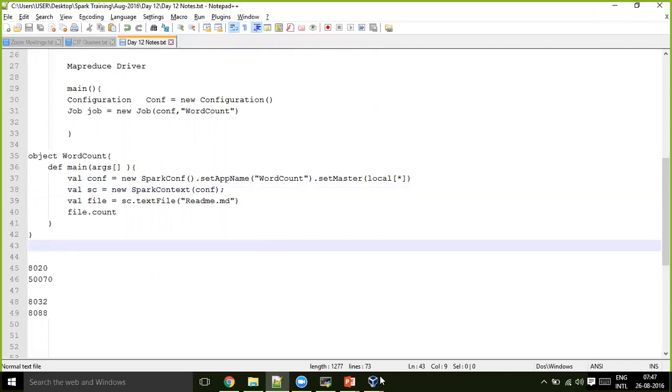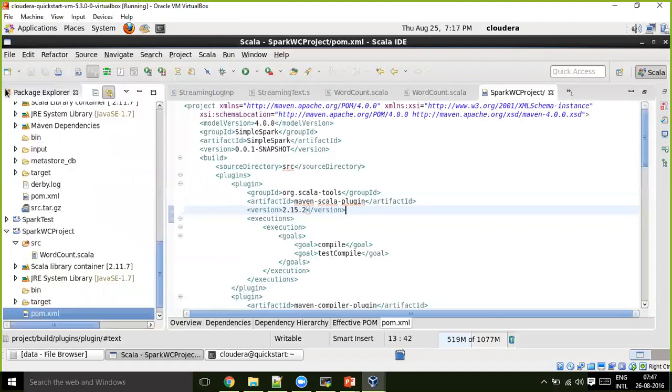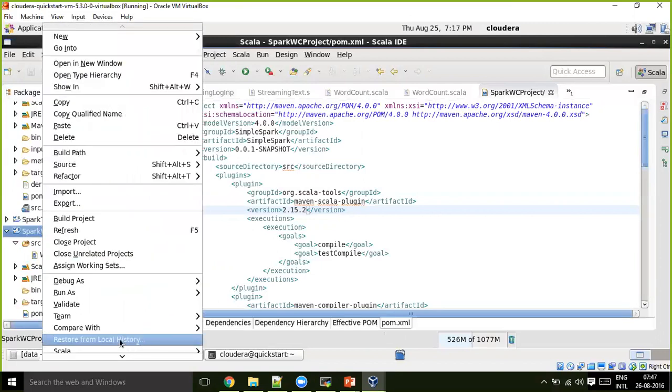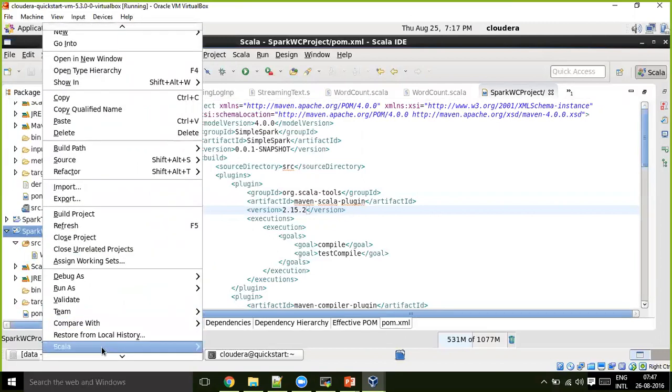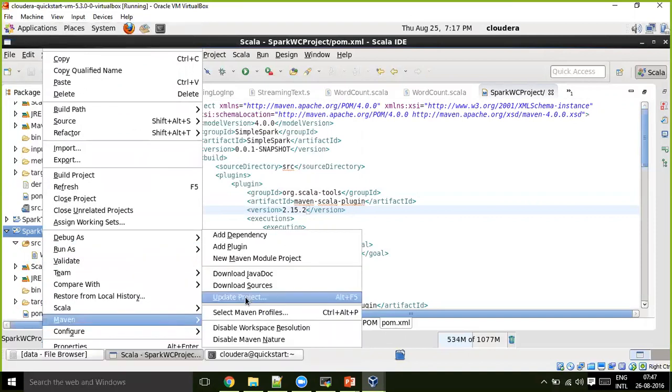Once you prepare the pom.xml file, right click on the project, then Maven, Maven update project.